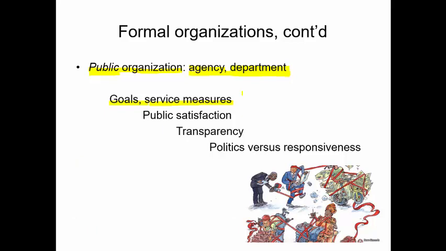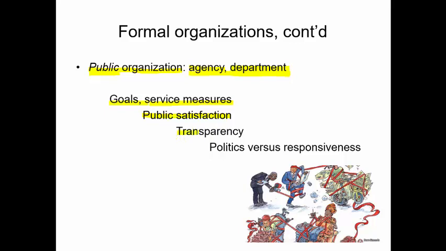And so the director of the DMV would try to improve the service measures by perhaps making better directions, more signs, adding more personnel. That requires getting a bigger budget from your bosses in government. You're trying to increase your public satisfaction by perhaps minimizing the time that you're waiting in line, or the confusion that you have to deal with to get your driver's license renewed or whatever.